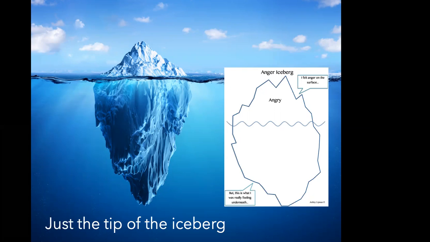Because we know that stress rewires our nervous system, which makes it difficult for young children to truly process their feelings below the surface. So we might actually have to dive under that surface and figure out, why is that child angry? What happened before? How did their anger surface? And why do you think this set them off? What's going on? And when we get the families actively engaged in that detective work, that problem solving with us, that's when we're able to pull all of this information together.